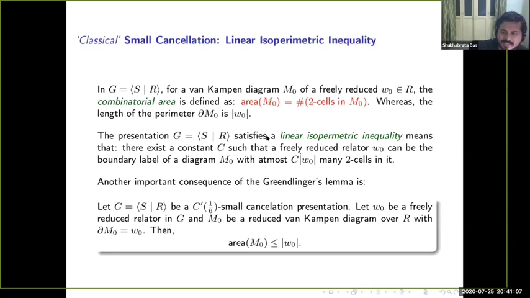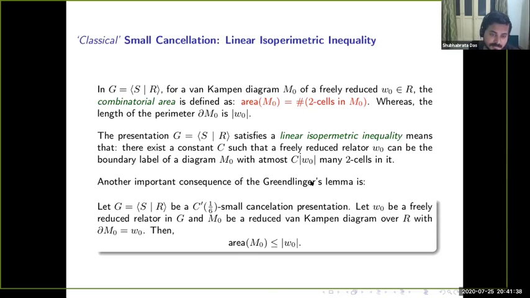So the presentation satisfies a linear isoperimetric inequality, which means that you have a constant C such that a freely reduced relator W0 can be the boundary label of a diagram M0 with at most these many two-cells. At most these many two-cells can fit in that Van Kampen diagram. So that tells us that